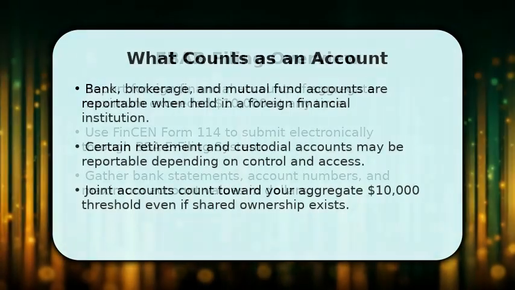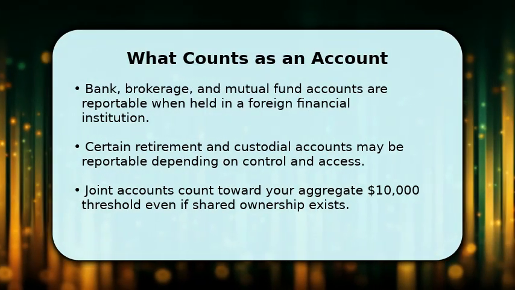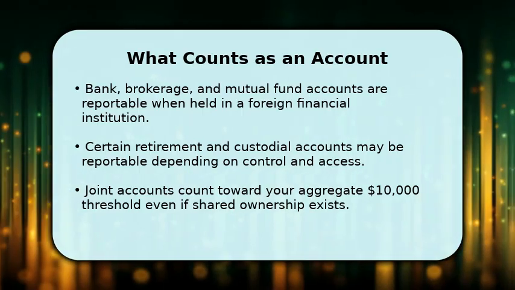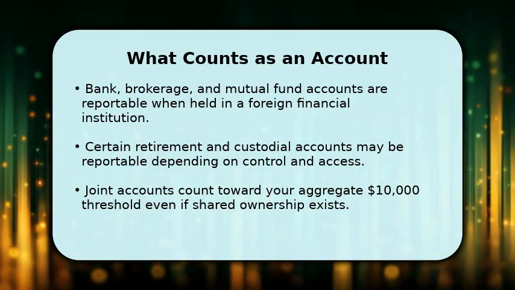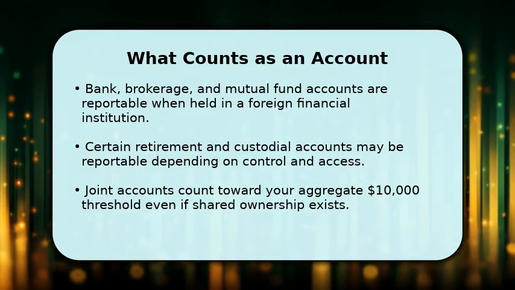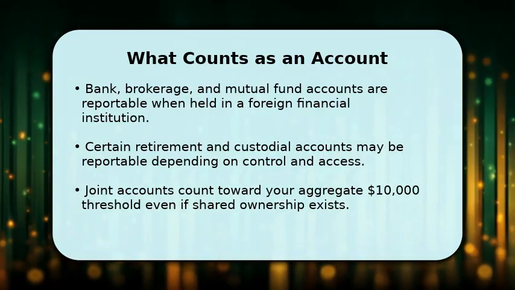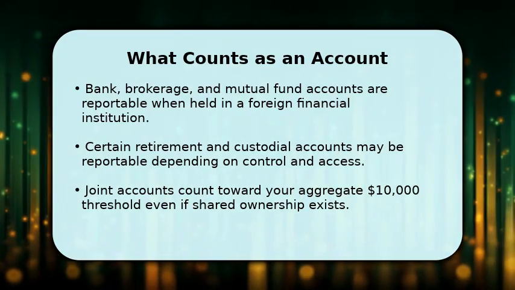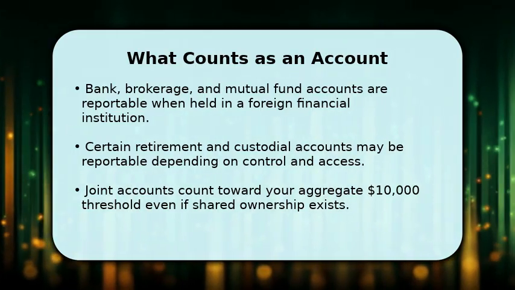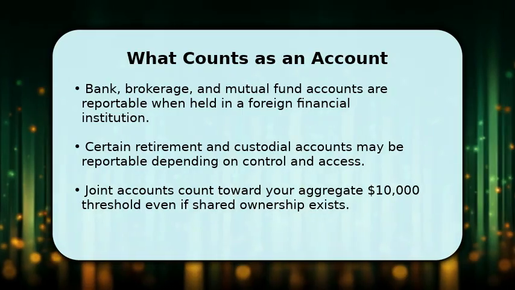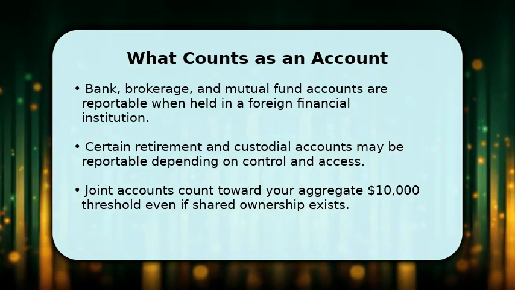audits. When deciding what to report, include any foreign account you own or control, even jointly held accounts. Retirement and custodial accounts can be tricky, so treat them as reportable if you have signature authority or direct access. Add each account's maximum dollar value to determine whether you cross the $10,000 threshold, and keep clear records explaining ownership and control for each account in case you need to justify your filing